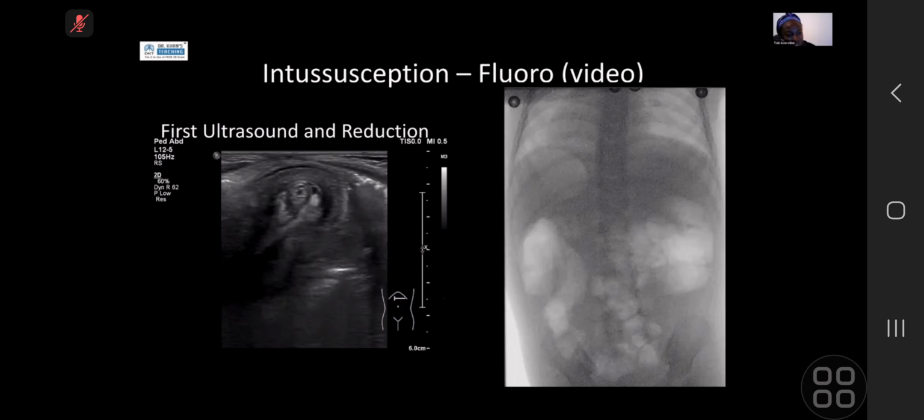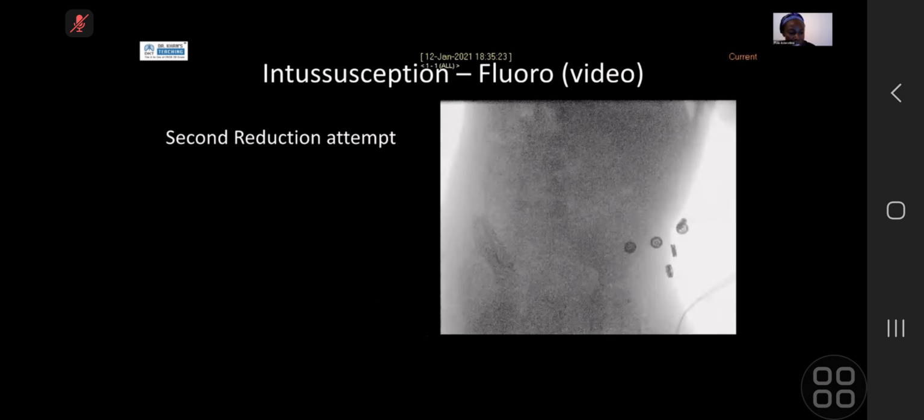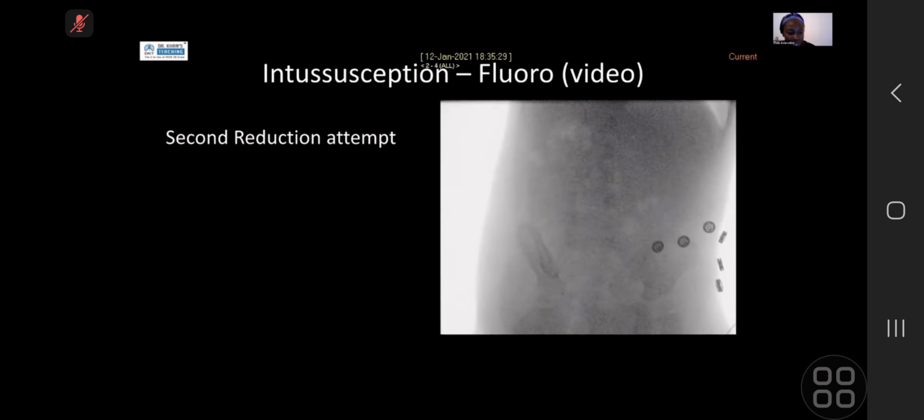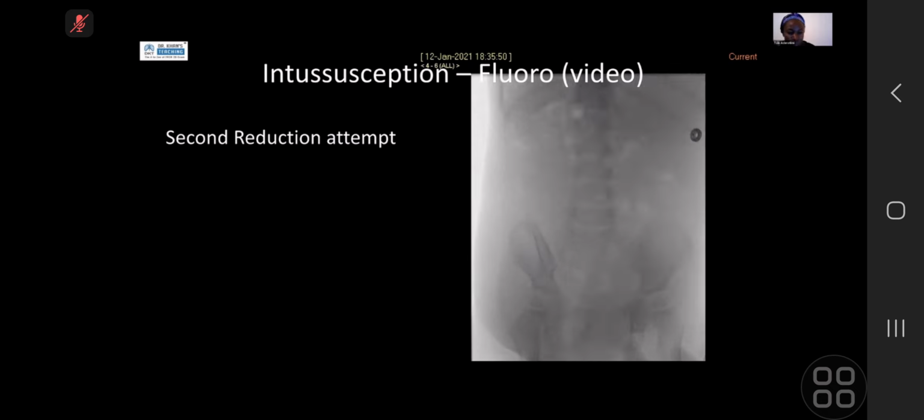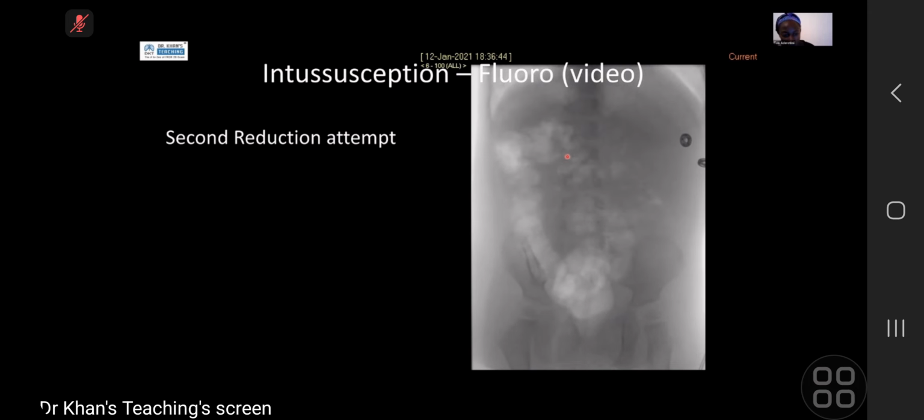Okay. So we did the reduction, and it was reduced really nicely, and the child went home. They represented, I think, a week later with another intussusception, and we know 10% of them can recur. So we did the ultrasound, saw another intussusception. We did the reduction, but on the second reduction, as you follow it through, the child is prone again, you can see